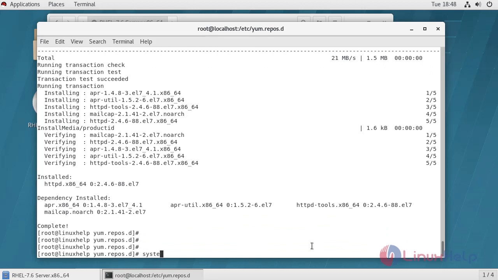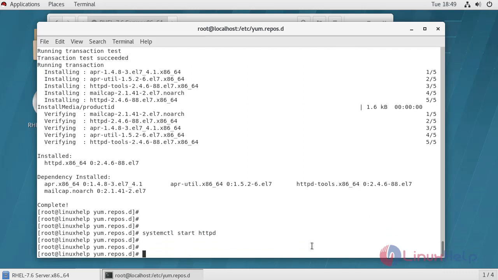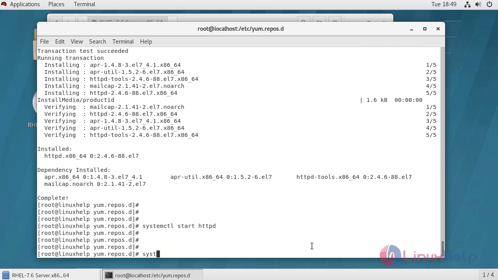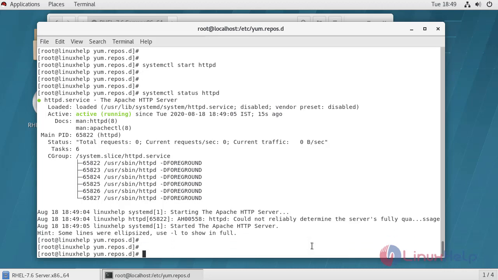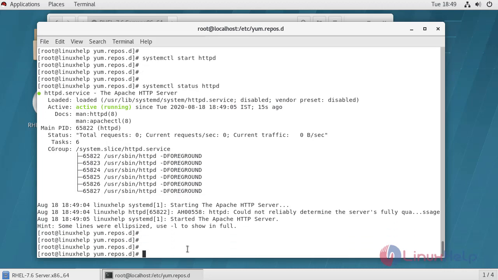To start Apache, and to check the status of Apache, successfully we have configured the repository in RHEL 7.6 without a Red Hat subscription.